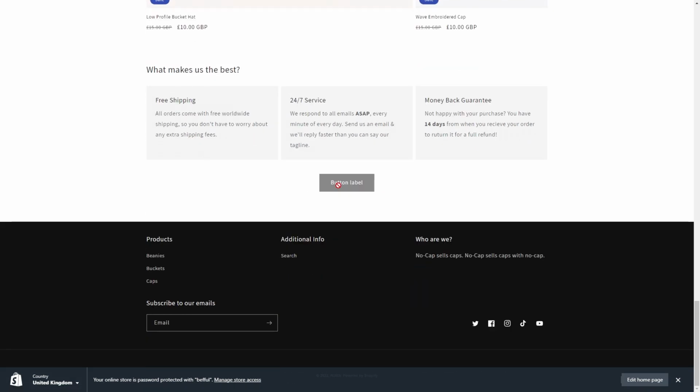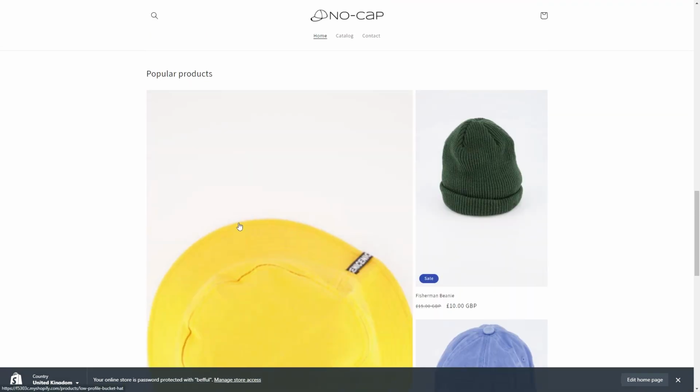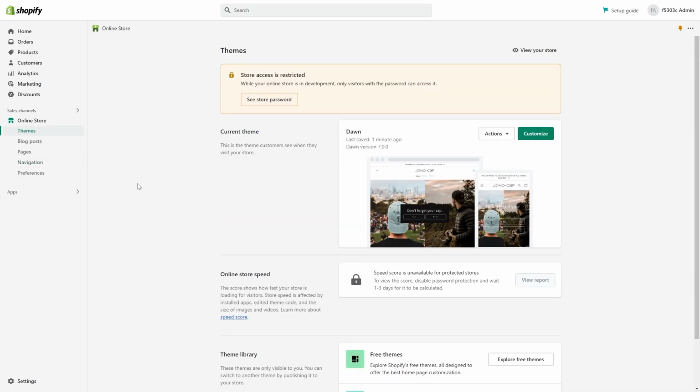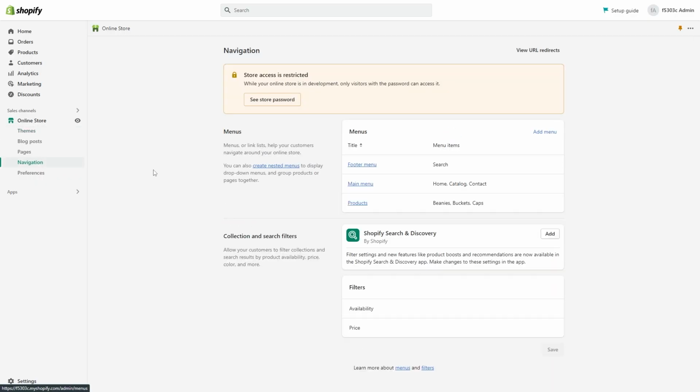Now the button is still appearing, so we will actually have to delete that manually. And I just remembered that we also haven't finished the menu at the top here as well. So I'm going to go back to the dashboard for my store, and I'm going to go to navigation, and this is where we'll be able to build our main menu for our website. So I'll click onto the main menu,